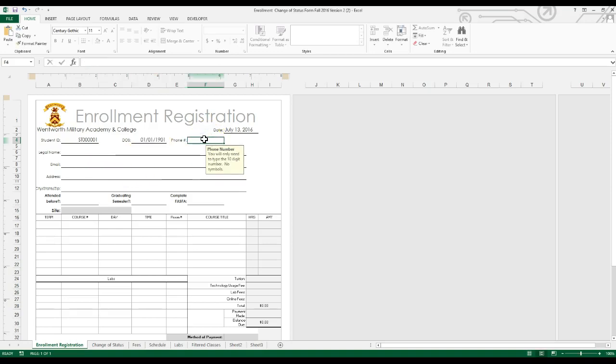You just have to worry about their 10-digit number, and it will format it for you. Then you will put in the student name, and then the student email address, and their address,